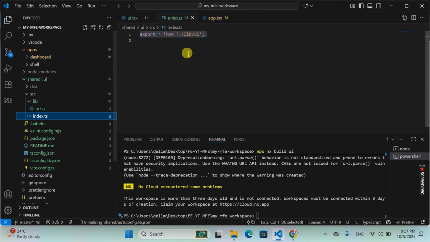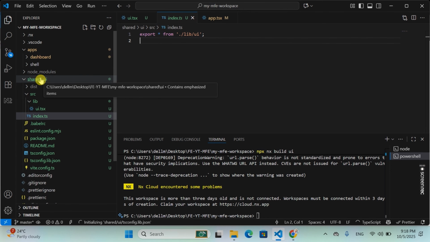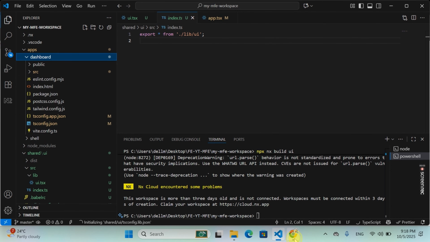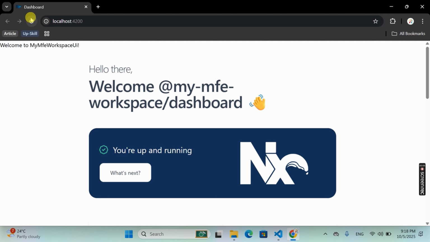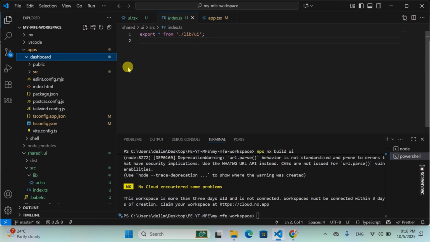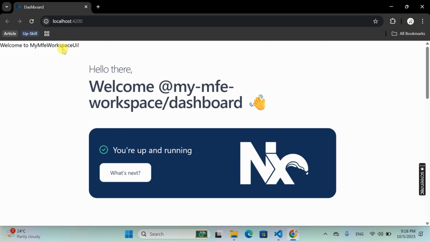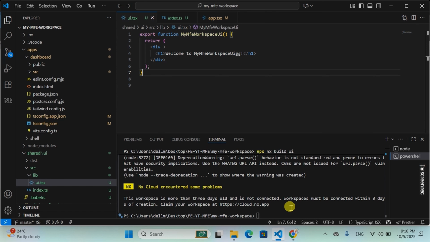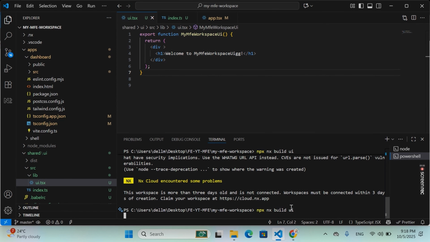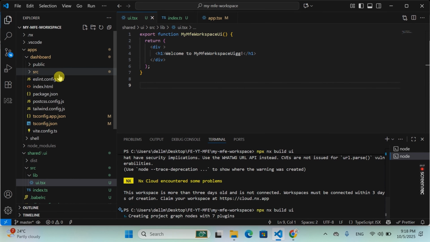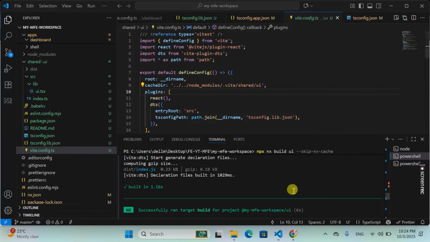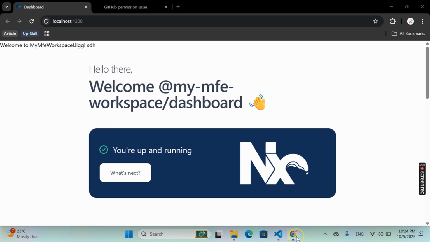Now if you want to run it without build, like if I make any changes here, it will fetch them automatically. For that we have to do some setup. You can see I made some changes here and it's not working, because for that we have to run the build command again. So let's run the build again. If you want to reflect changes without any build, what we have to do is go